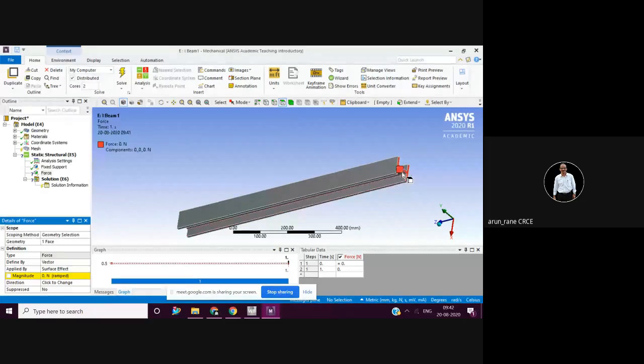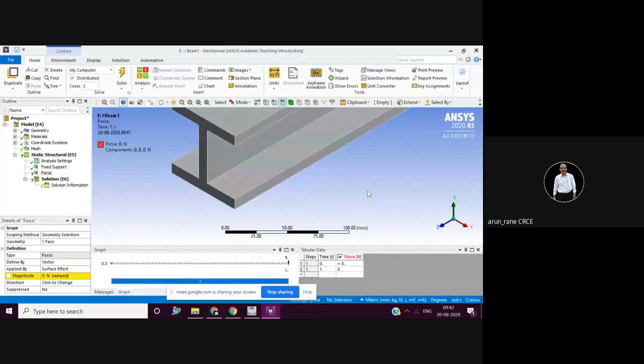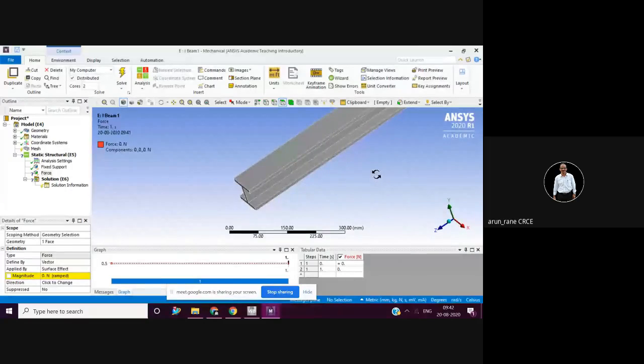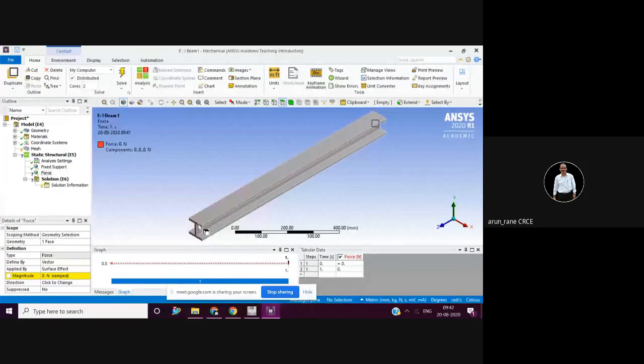Now once you have selected this, then again this tag will appear. If you want to orient, then click at this globe. इधर गया अभी. ज़्यादा zoom हो गया. I'll pan it. I can pan it. See now this is your support and this is where you apply force. So you can select also. Yeah. So you can see from here.